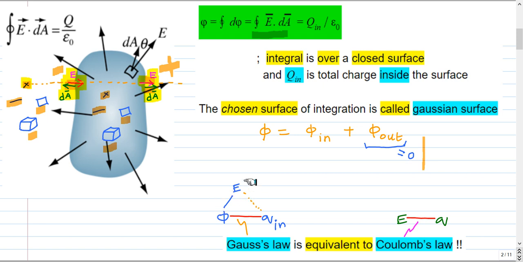So in some sense the electric field is related to the charge present inside, according to Gauss's law. Coulomb's law gives the electric field due to a point charge q. This we can get by Coulomb's law and by the definition of electric field, which is the force on a unit positive charge. So in some sense the information contained in Gauss's law and Coulomb's law are equivalent.